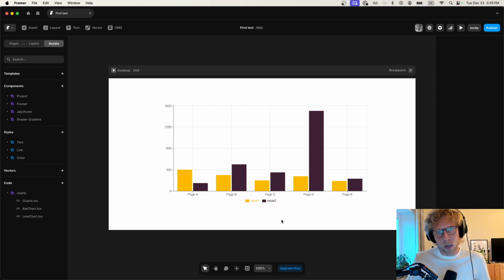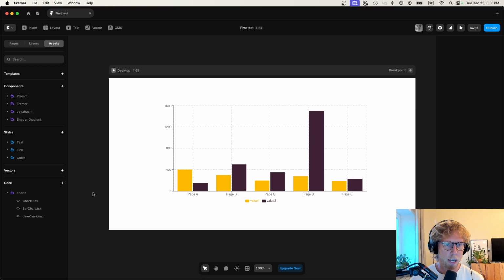So lately I've been playing around with Framer, and particularly building plugins and custom components for Framer. And in this video, I want to share a little something that I learned around what it means to reuse external libraries inside a Framer React component. The one that I have in front of me here is a charts component that I'm currently fiddling around